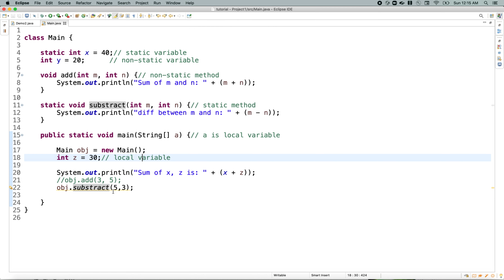What you're doing here is calling a static method using the object of the class. Since this static method is defined within this class, you can call it using the class name or the object of this class. I am calling this method using the object of the class where it is defined, in the same class.